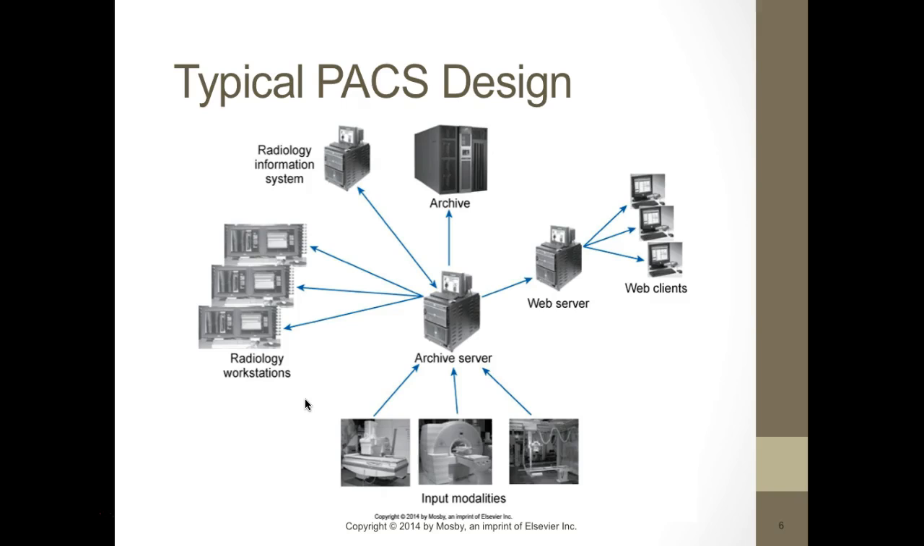So here's a typical PACS design. So you have the archive server in the middle, you have the radiology information system, which is your RIS, you have an archive server there. Here's your web server where you can go out to different clients. We call these client servers. And you have the different imaging modalities. So the modalities feed into the archive server, and it goes to the radiologist workstation. It also goes into the RIS. Well, it communicates with the RIS. This goes back and forth. It goes to an archive, and then it also goes to the web server,